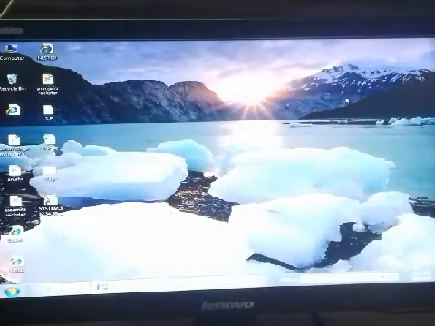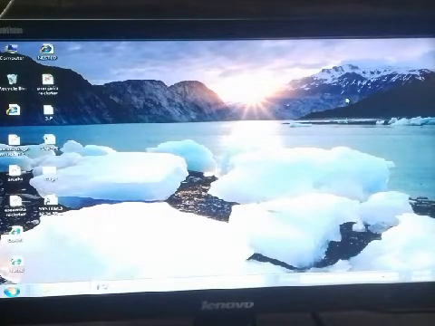Now the third topic is the notification area. Dear students, the notification area is present on the right side of the taskbar. It shows the current date and time, volume, internet connectivity and some other small icons. These icons show notifications about the programs running on a computer.